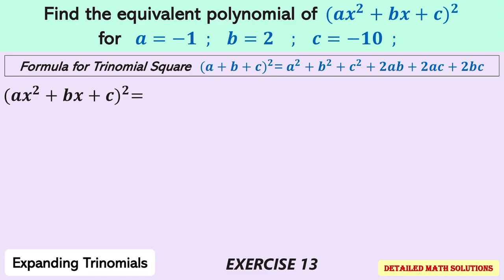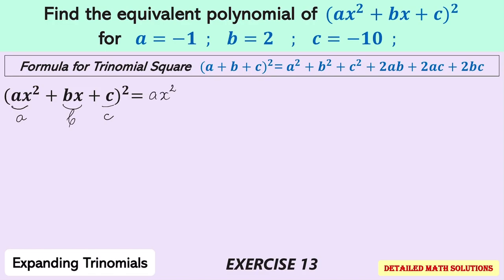To solve this exercise, I'm going to use the formula for trinomial square, (a plus b plus c) in parentheses squared. In the trinomial, the first term, ax squared, corresponds to the a in the formula, bx corresponds to the b in the formula, and c corresponds to the c in the formula. So when I apply the formula, this equals